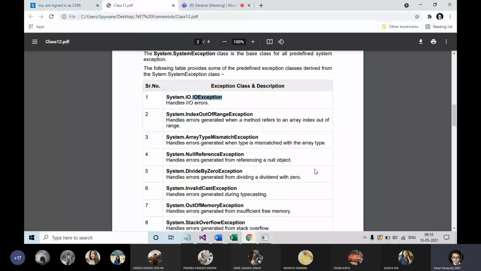Similarly, DivideByZeroException handles errors generated by dividing with zero.